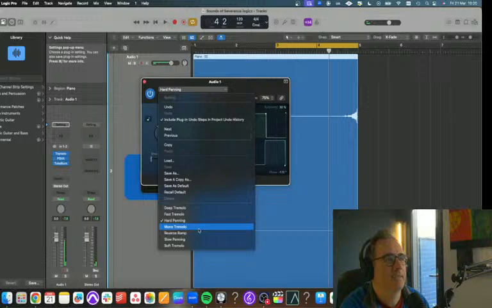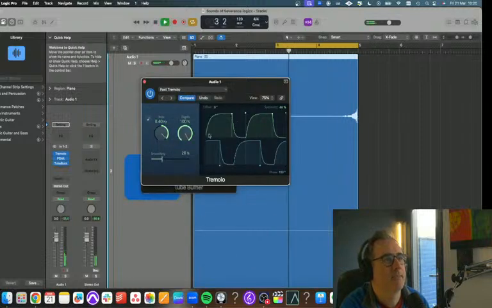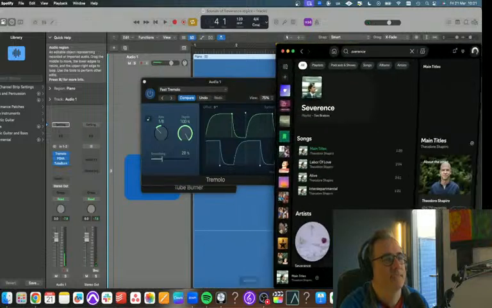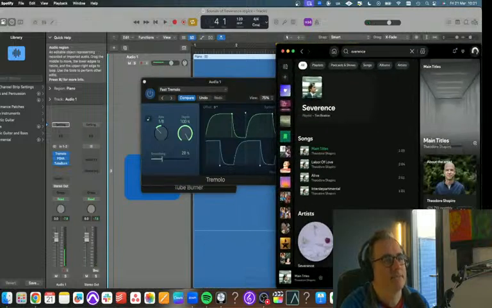Hard panning, very cool. Or maybe something like this. It's probably a bit closer, isn't it? If I'm honest.